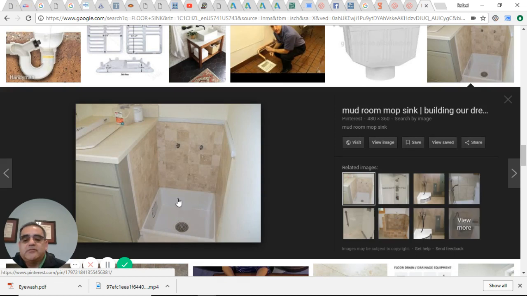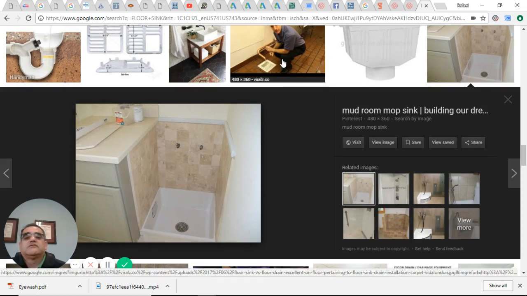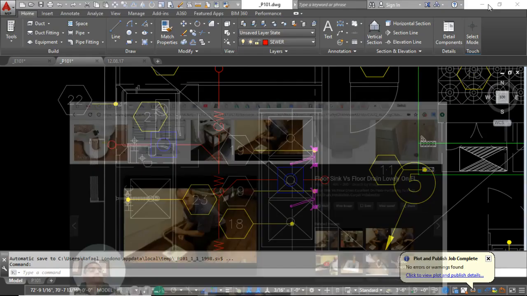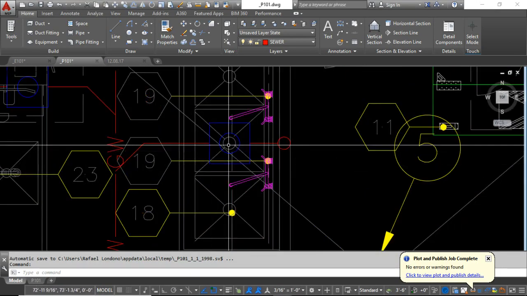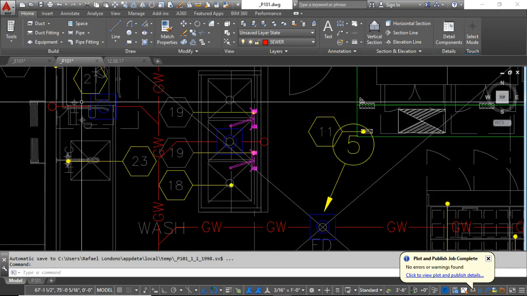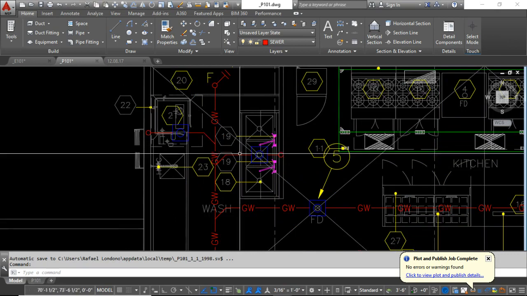When I say floor sink, I don't mean a sink on the floor. It's a sink that's recessed into the floor. That's what these things are called, floor sinks. All right, so how do we do that? We put our floor sink near the three compartment sink, a floor sink near the dishwasher and the pre-rinse, and